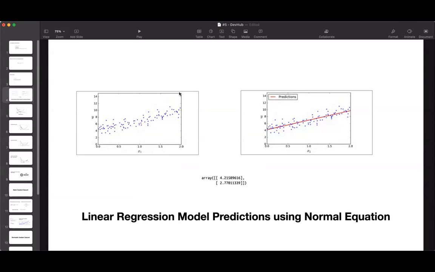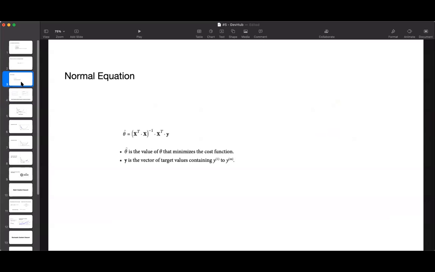So actually the normal equation also has some set of limitations, due to which the prevalent methods have come across. So what happens with the normal equation is that when you go back to the equation, you can see here, the normal equation computes the inverse of x transpose dot x. Again, we do a dot product of the transpose of x and the matrix itself, and we take the inverse of the whole.